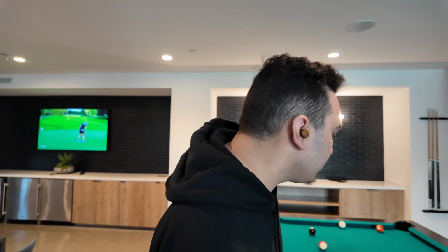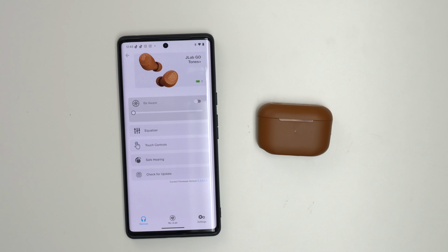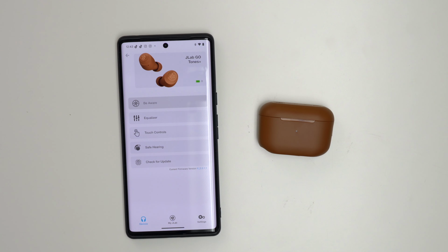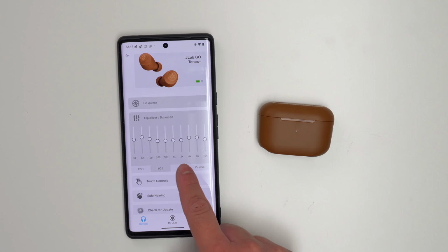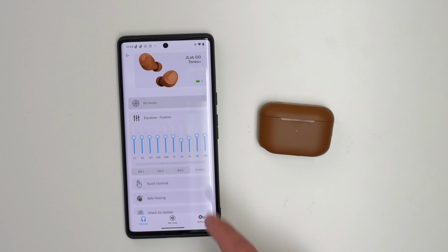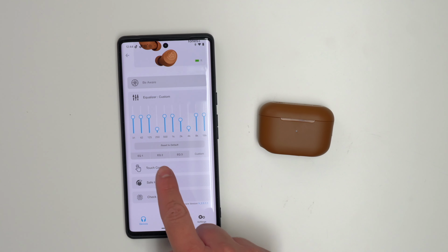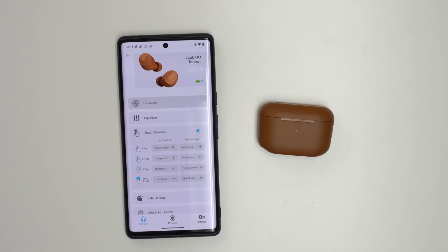And of course, just to top it off, your sound experience will be a whole lot better with the JLab's application. Once connected to the app, you could do things like turn off or on Be Aware mode, which will turn off the noise isolation so you can hear all your surroundings. Here you can choose between 3 different preset EQs, or you can customize your own sound just how you like it by hitting custom. You also have access to the way you want to set your touch controls and safe